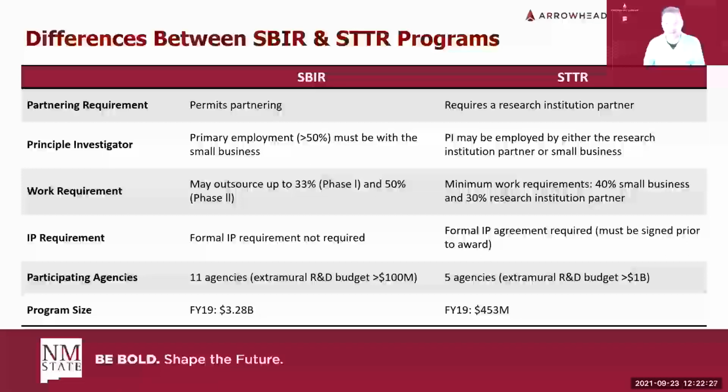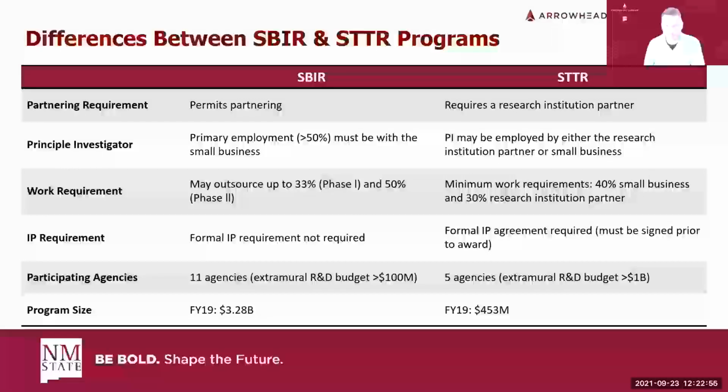I need to work with somebody else. And that requirement for the split of the work also changes. So under an STTR, I always like to tell people the SBIR program deals in maximums. So it's a maximum of 33% that can go out to somebody else besides the small business. STTR deals in minimums. So it's a minimum of 40% to the business, a minimum of 30% to that research